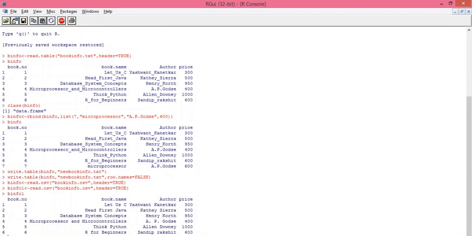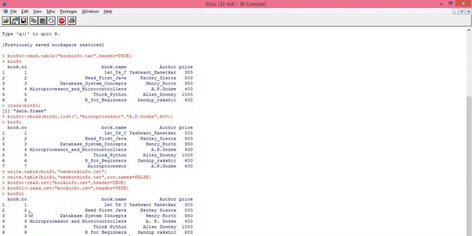Now let's change the structure of this file. Suppose binfo1 equals, now I am adding a new column here by using the cbind function, cbind binfo comma, and my column name is pages, like number of pages. I am inserting some random values.